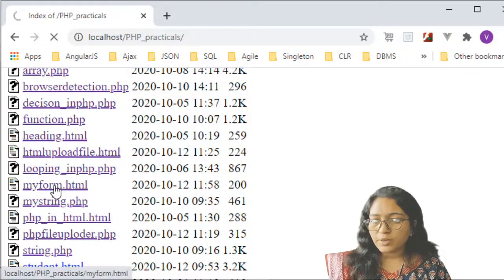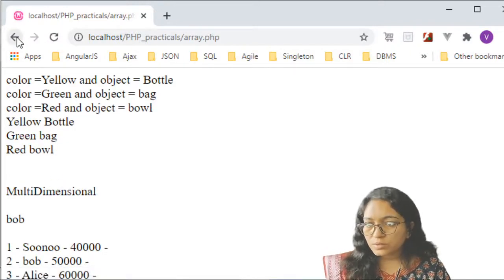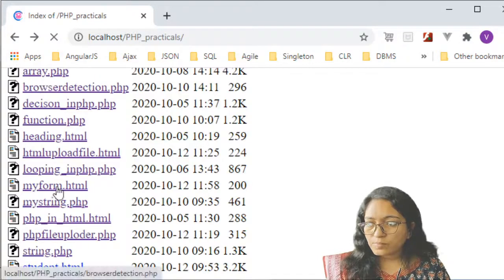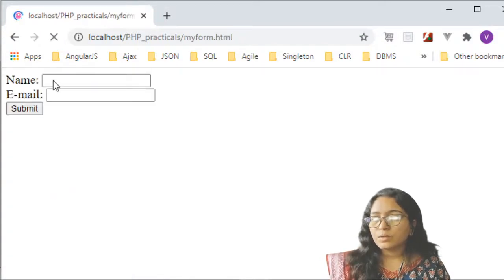Just select myform.html. Sorry, I have selected another file.